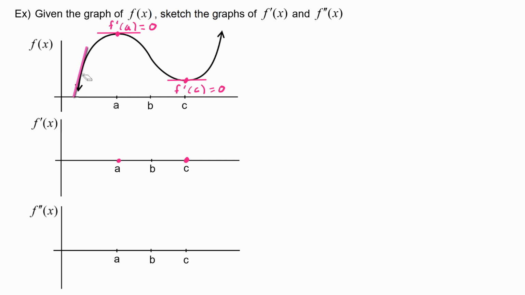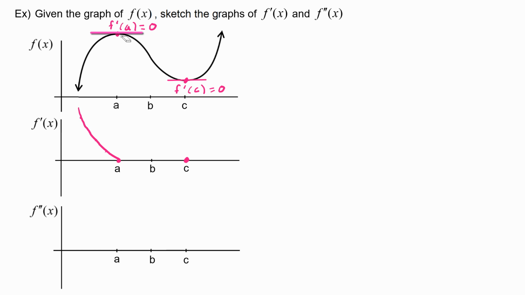So here, the slope of the tangent is a steep positive number. So that would be up here somewhere. Then as the tangent moves here, it's still positive, but it's getting smaller. As we move here, the slope of the tangent is getting even smaller. And when we get to here, of course, we already said the slope is 0, so the value of f prime is 0. So if we connect these points,